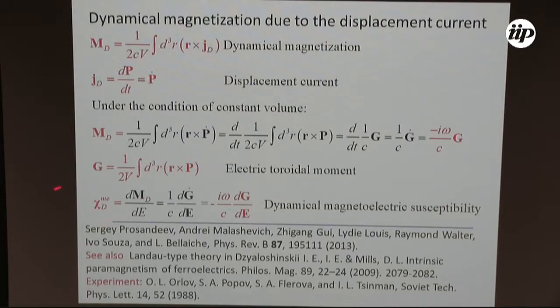And the magnetoelectric susceptibility corresponding to these dynamics is given by the derivative of the time derivative of the ferroelectric toroidal moment with respect to electric field. Another theory was presented by Zelenskii and Mills, but this is a Landau type theory, so it is not exact, just approximate. And the first experiment was done in the group of Fiebig in 1988, and they did find a magnetic moment when they switched polarization in